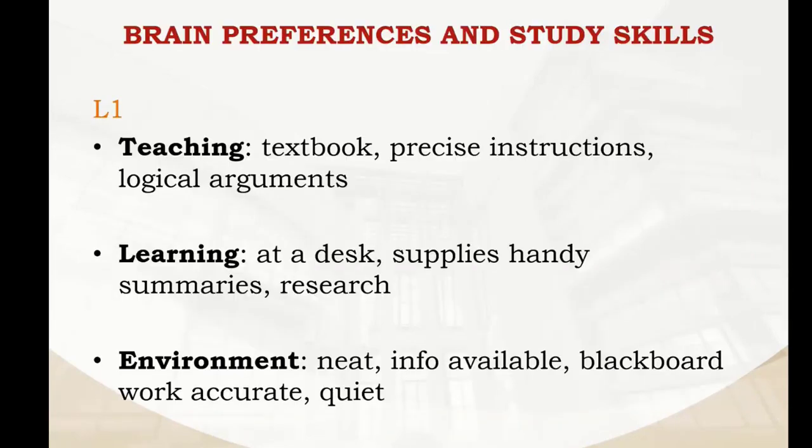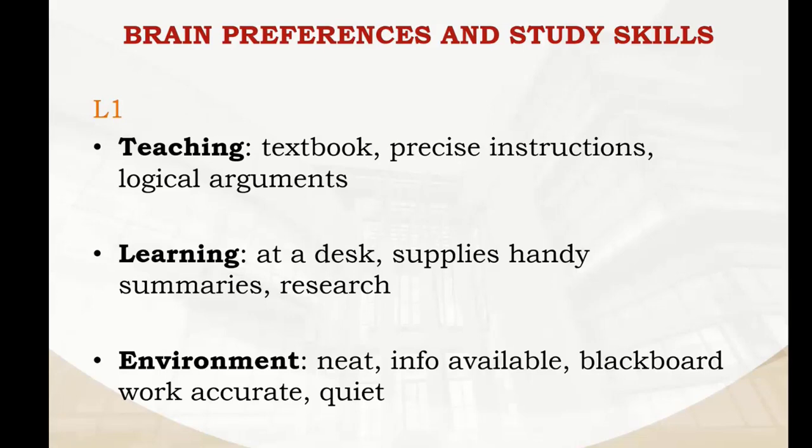Right. So outlining brain preferences and study skills. I've mentioned that there is a teaching method that one prefers. There is a learning environment that one prefers. The environment itself dictates how this person is going to be able to understand. Going back to the quadrants, when we're talking of these brain preferences, remember the specific characteristics that I was highlighting